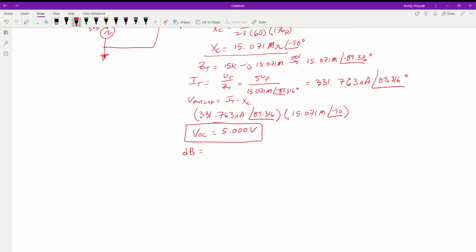Okay, we have voltages. We don't necessarily need to go through with power, so we can just take the 20 log of our output over our Vin. So V out over Vin. V out over Vin is 5 over 5, which gives us 1. 20 log of 1. So let's run that through. We got 20 log of 5 volts, and our in was 5 volts. That gives us a dB gain of 0.